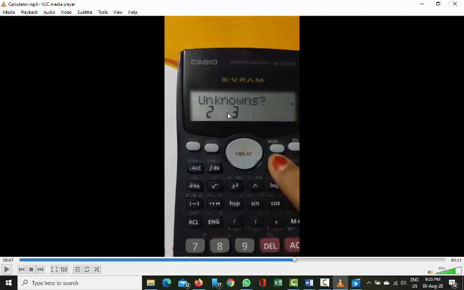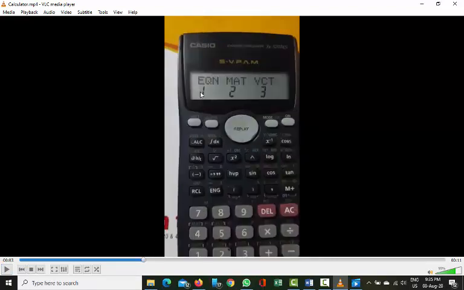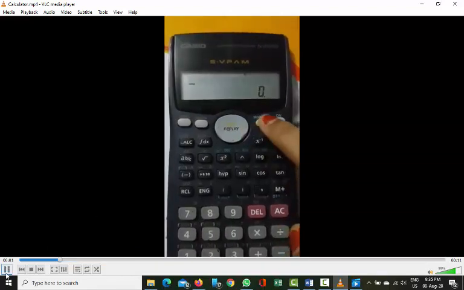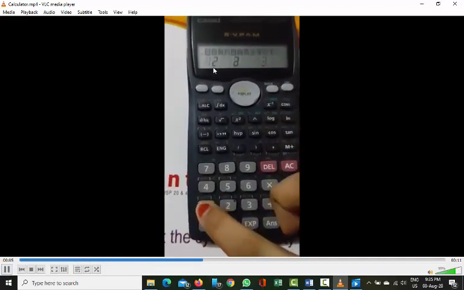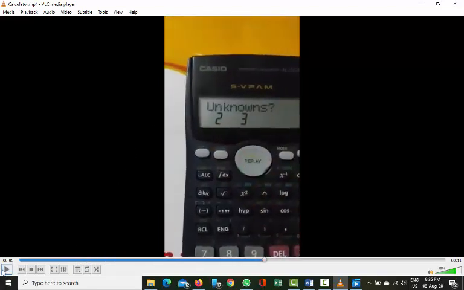You should choose equation mode. You should press mode and go to equation mode, and after you go to equation mode, this message will come,